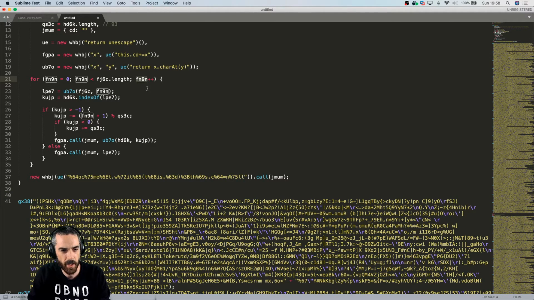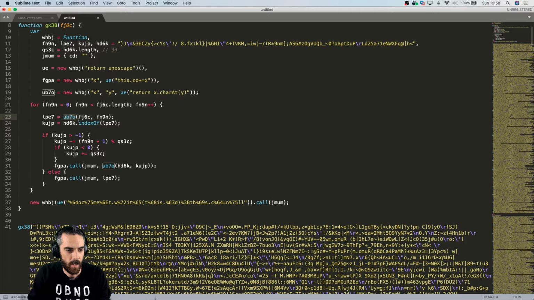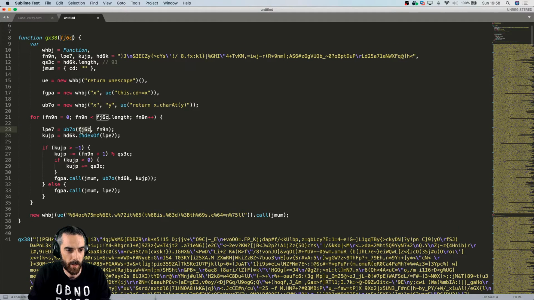It's going to take it in single step increments here, and we have a declaration of LPE7, and it's a function which is passed an x and a y parameter. In this case, x is the big long string that we pass as a variable to the main function, and it says give me the character at position y, at index y, and y in this case is the